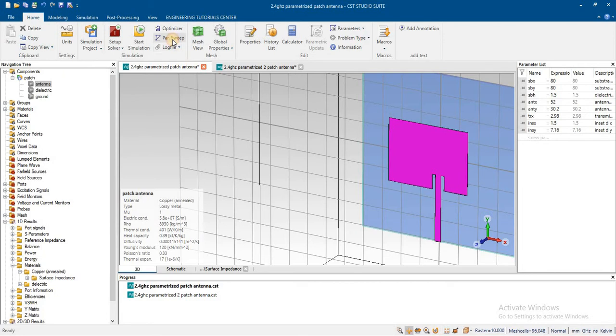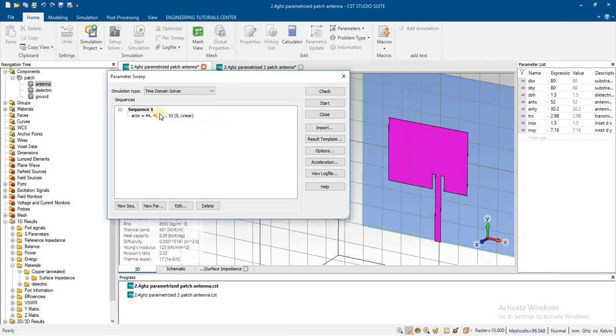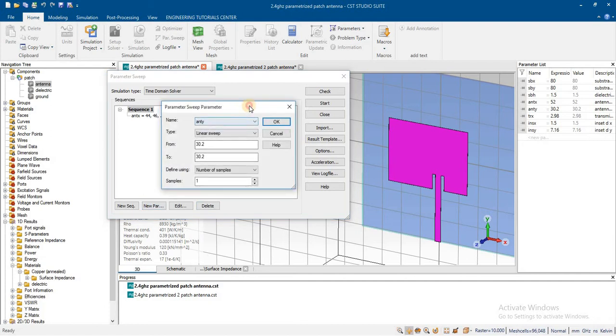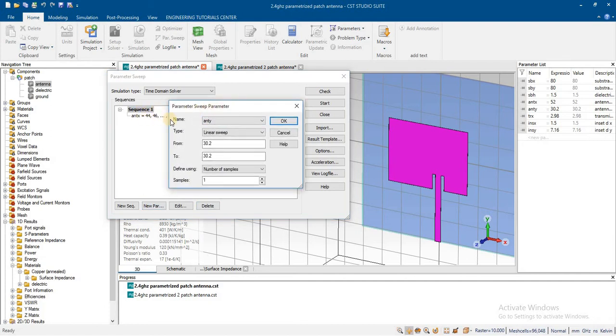To add a sweep, just press here. Here you can see that we have already defined a sweep. You can add a new sweep this way. Similarly, we can add values to an already existing field.